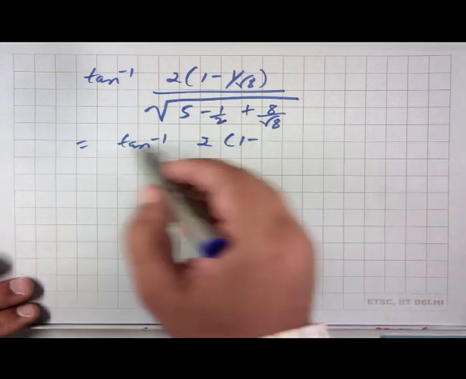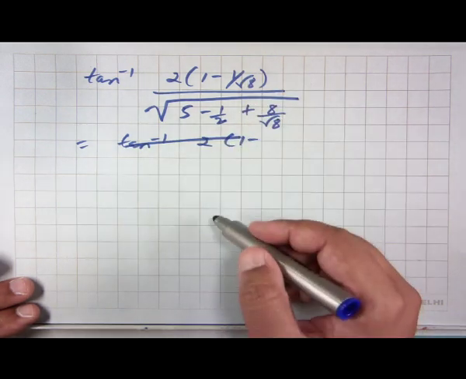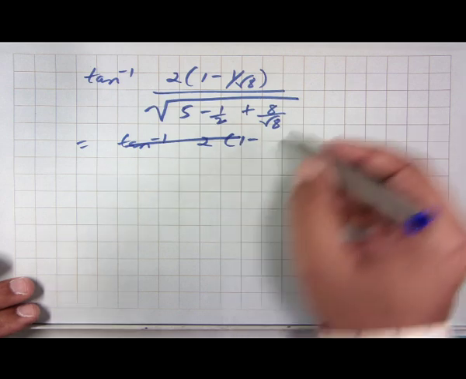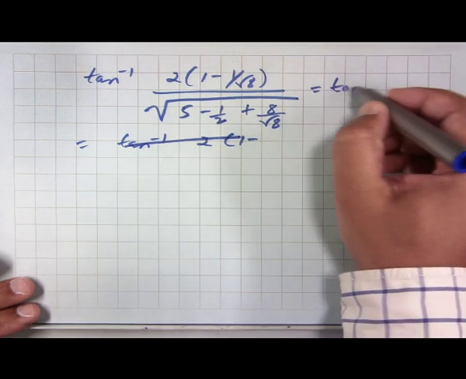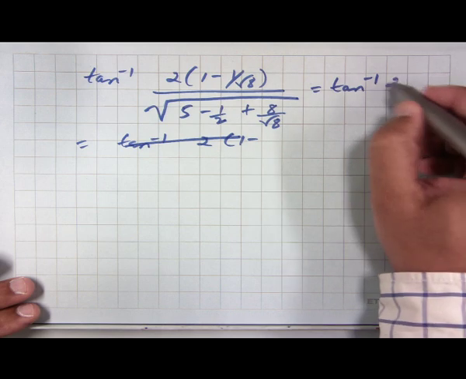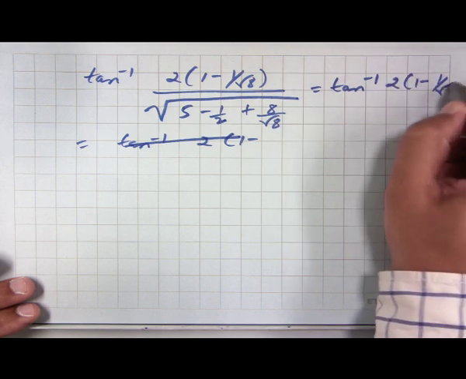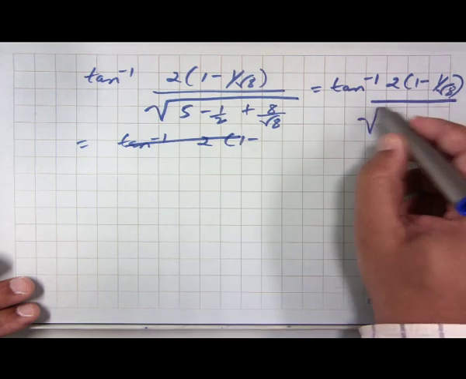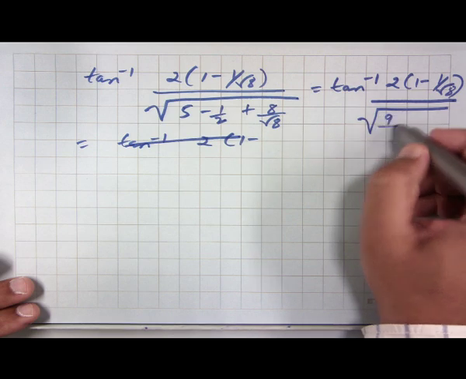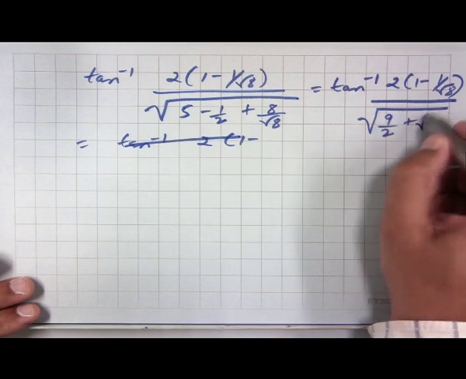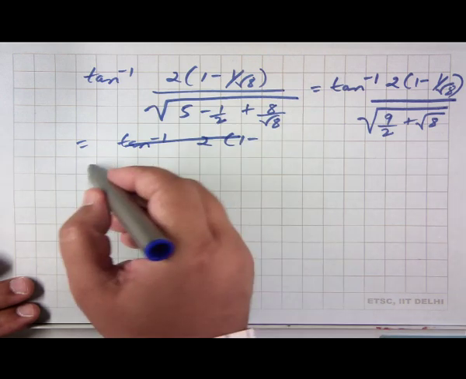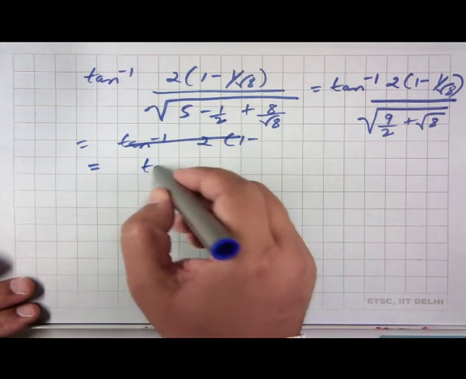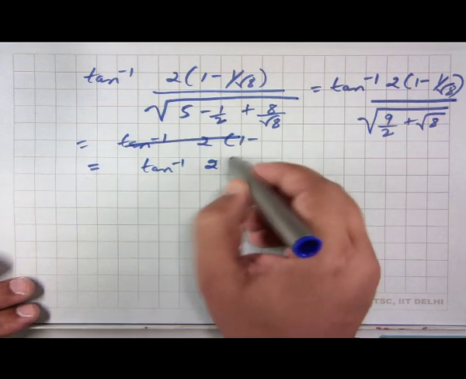So, we can actually take the square root of 8 down and see what we get. So, well, this can also be written as 2 times 1 minus 1 over square root of 8 over square root of 9 by 2 plus square root of 8,